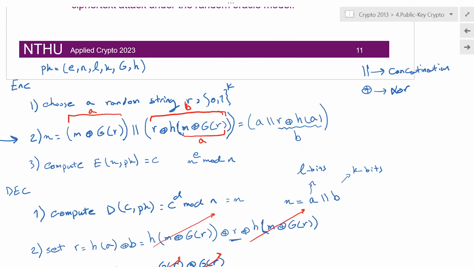Every time I would choose a different R, right? And every time that I choose a different R, therefore X would be different. And when X is different, therefore C is different. The rest is deterministic. When X is different, C is for sure different.